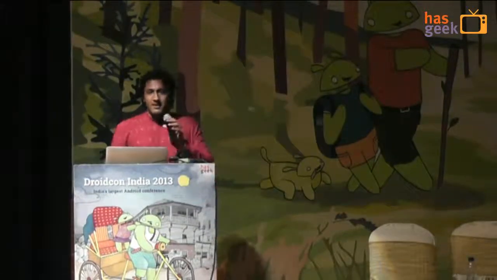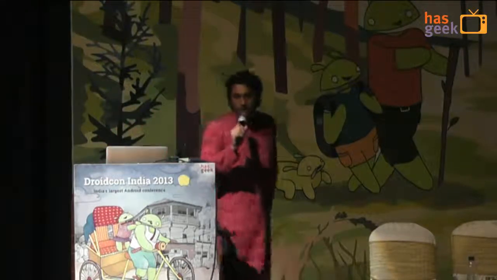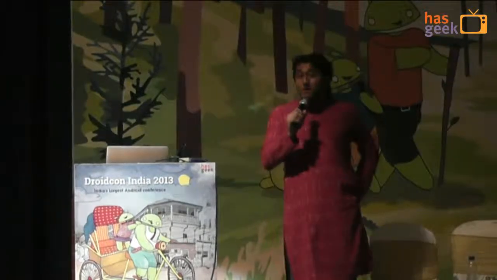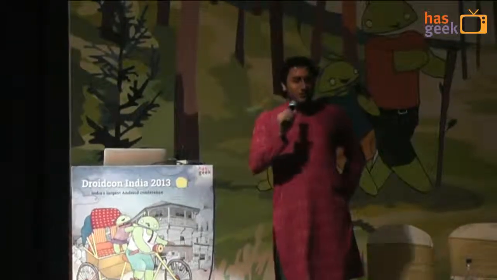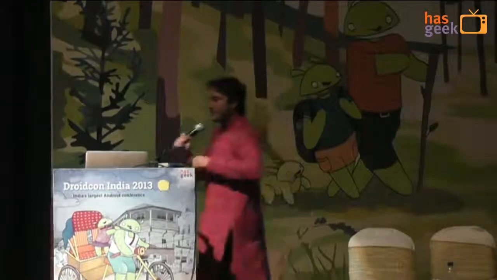So, sorry? Draw edit screen. So I'm just going to show you guys draw edit screen. I think I've noticed a few people are familiar with draw edit screen, but not a lot of people use it. So I thought I'd just share this tool with you because I think it's really useful. When you're trying to do a demo off of the phone, this lets you share the screen really easily.